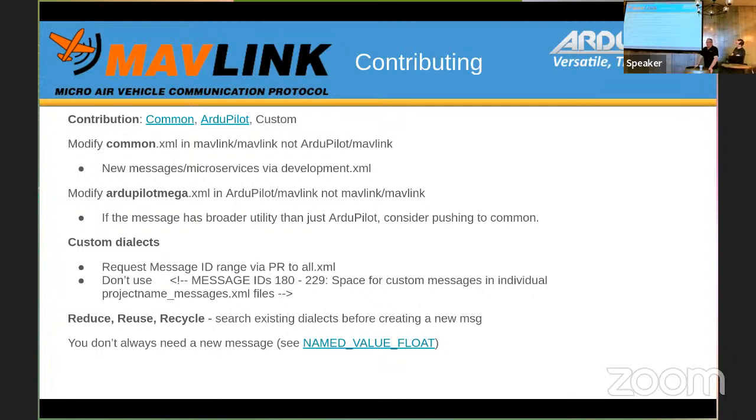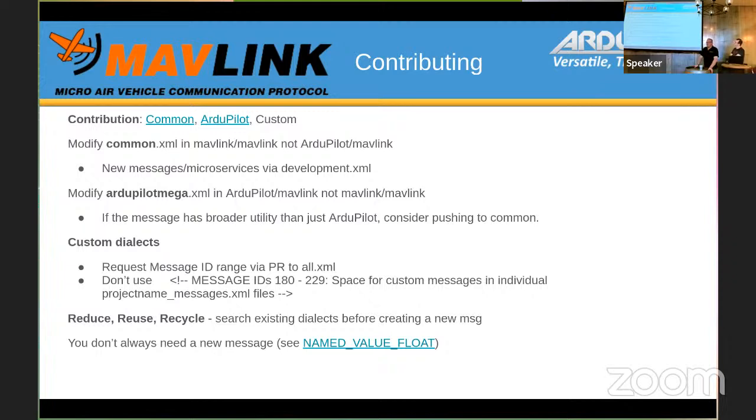So common.xml. Whilst ArduPilot maintains a fork and maintains control of its own common.xml within the ArduPilot fork, for standardization changes to common, in the first instance, we like those to go upstream into the MAVLink repo, so that the discussion about the broader utility of that message can happen with the other stakeholders.